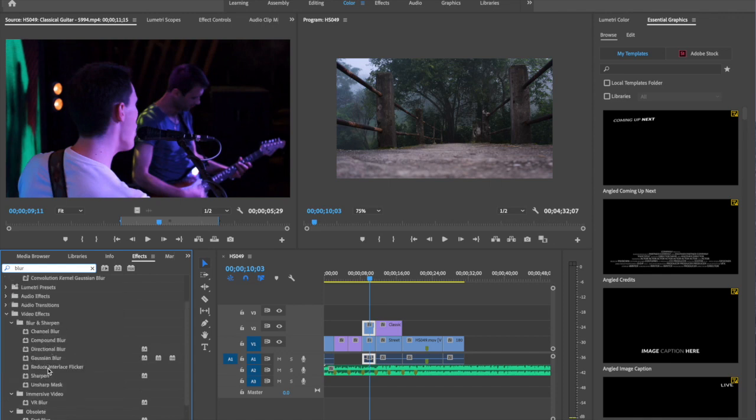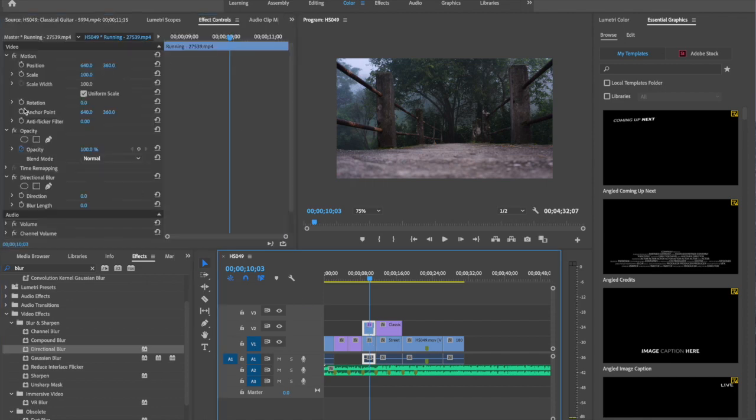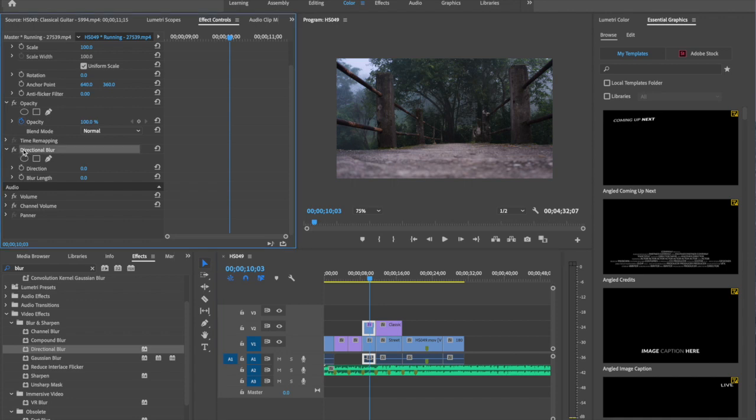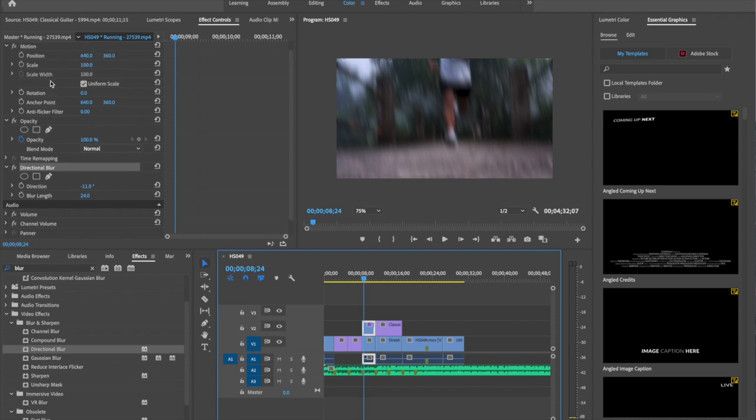Select this blur effect and drag on this clip, then go to effect control window. Then you can find the directional blur over here and set the value, the blur length about 40. Set the value as much as you want, and you can change the direction. If you don't want, you don't need to change the direction. So we made a blur over this clip and set the opacity a little bit less than 100,